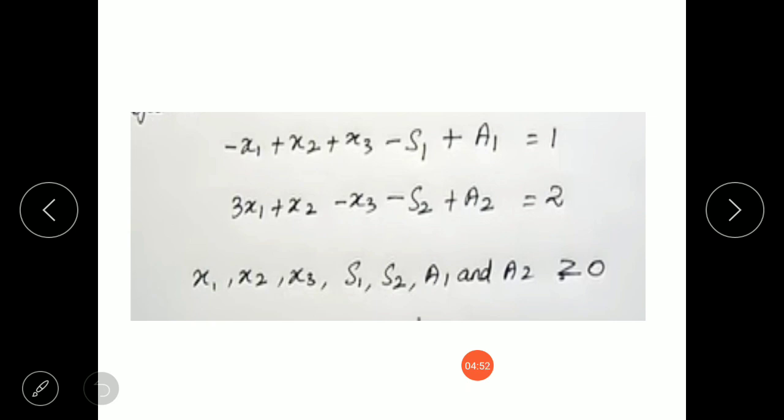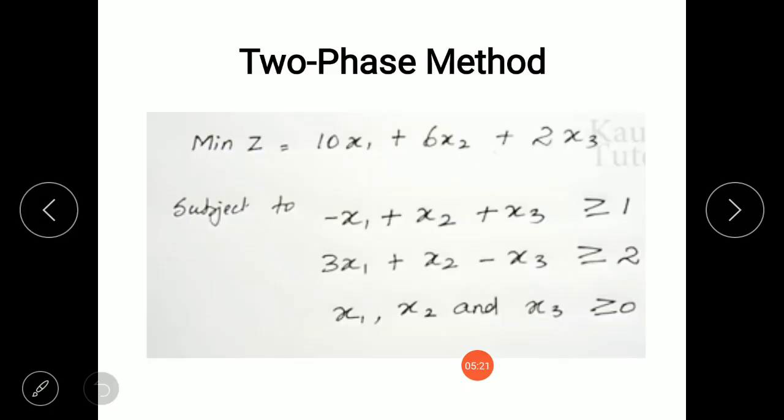We have done the same thing for both constraints. All the variables are non-negative: x1, x2, x3, s1, s2, a1, a2 are all greater than or equal to 0. Here s1, s2 are the surplus variables and a1, a2 are the artificial variables, the newly introduced variables in the constraint equations.